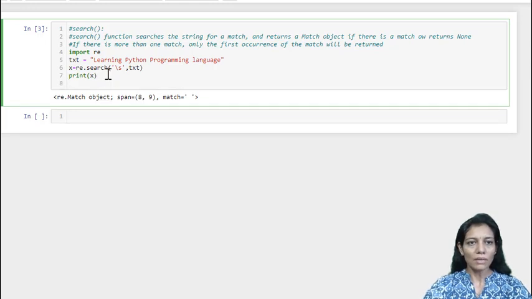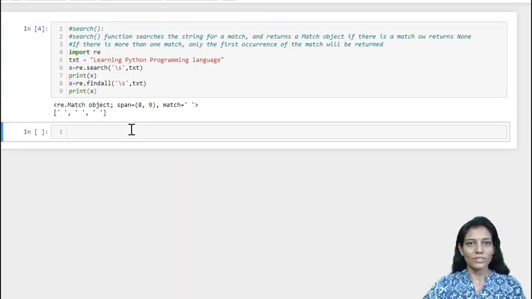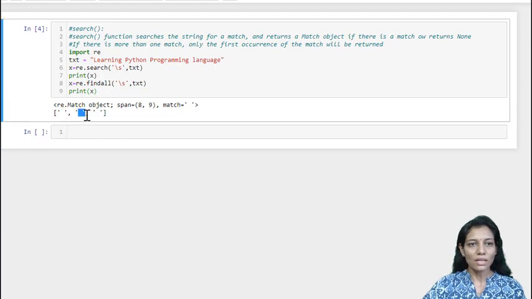Now if the same match is done with findall, let us see what it gives. Instead of search, I am going to use the findall method, which we already explored last time: findall returns a list of all the matches. So that it is clear what the exact difference between these two is, print x. This x is now a list of all the matches. Yes, you can see all the white spaces found in the given string are extracted.